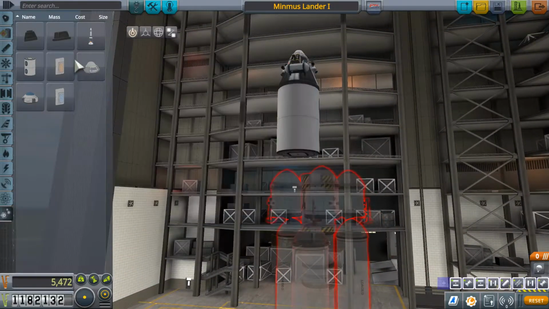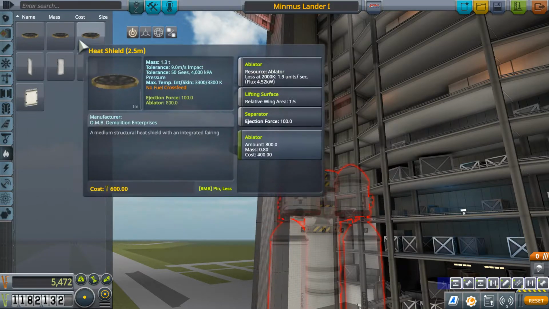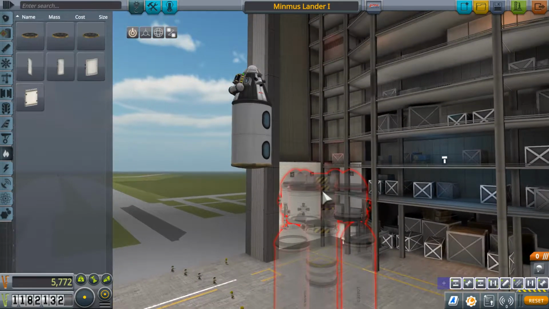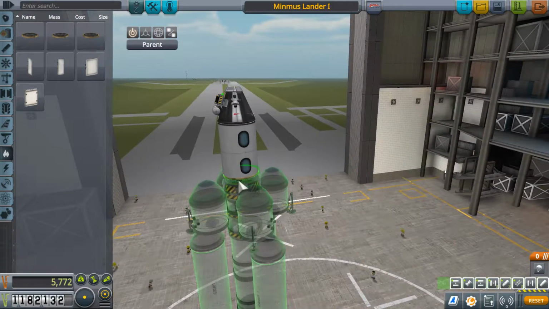And put a heat shield at the bottom of the crew cabin. I think it's probably not actually necessary. I think the crew cabin can stand up on return, but it's fine, you know, why not, right? And I just want to